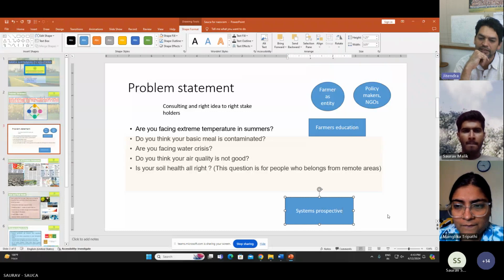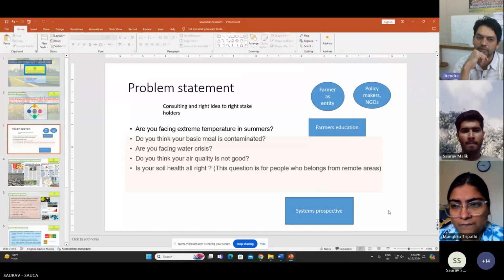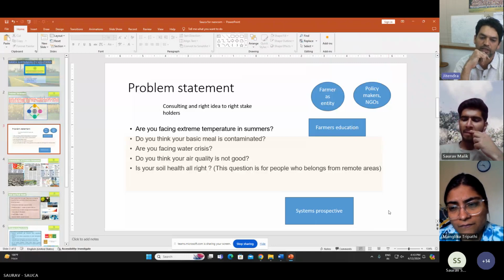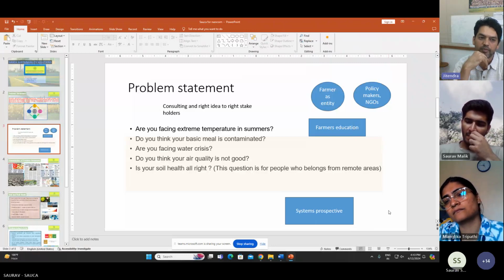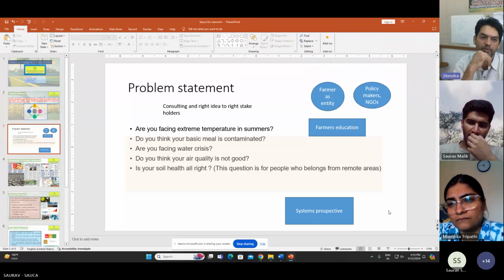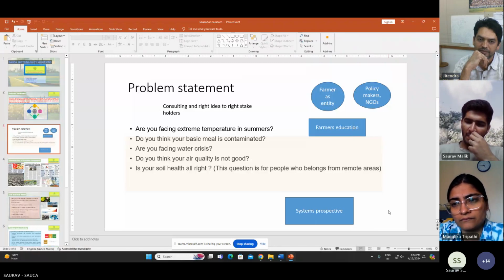So Saurabh, I'll suggest some references for the systems perspective, because social problems or social challenges are mostly systemic issues, and they cannot be solved by solving one element or one problem or one area. So I think I can possibly provide some information, and then the groups can refer to that. That would be very helpful, sir.